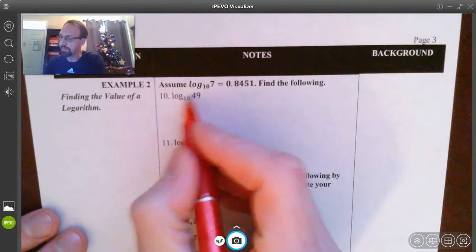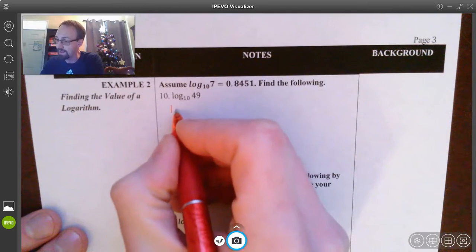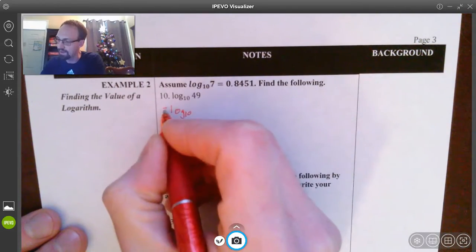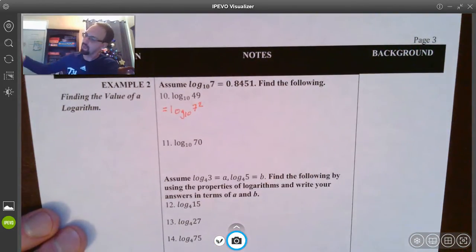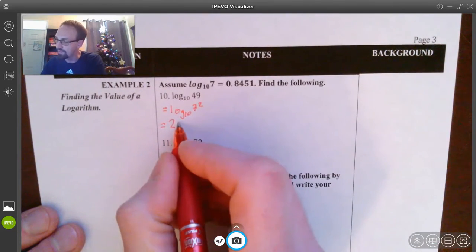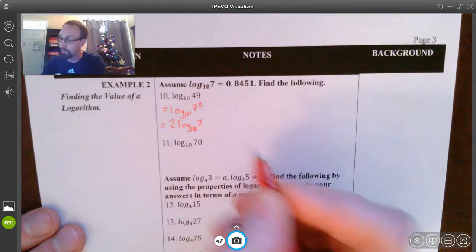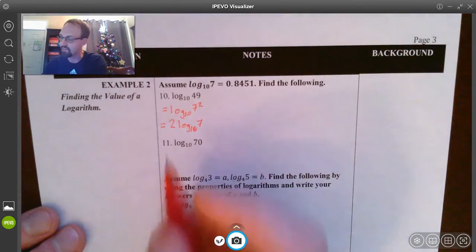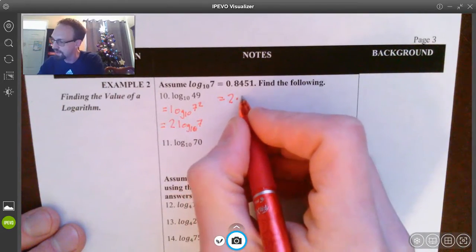First, see if you can manipulate this to make this number 49 to be 7. And I can do that if I take log base 10 of 7 squared. 7 squared gives me 49. Now I can use that power property, bring that 2 out in front, and that's 2 times log base 10 of 7. Now, at this point, I know what log base 10 of 7 is, so I can substitute, and I'm going to take 2 times